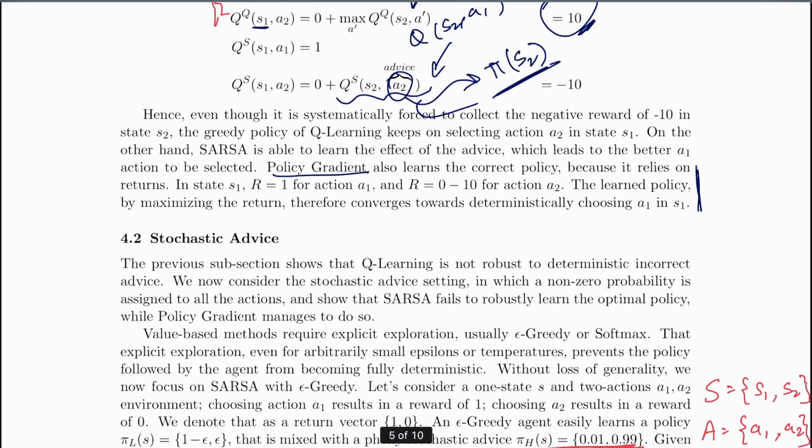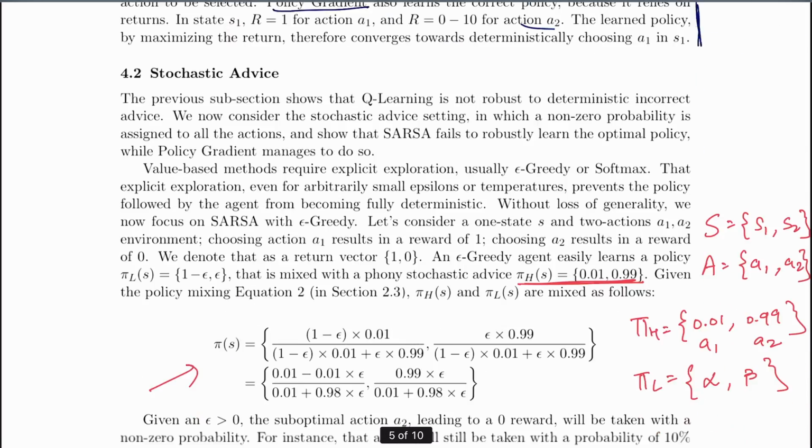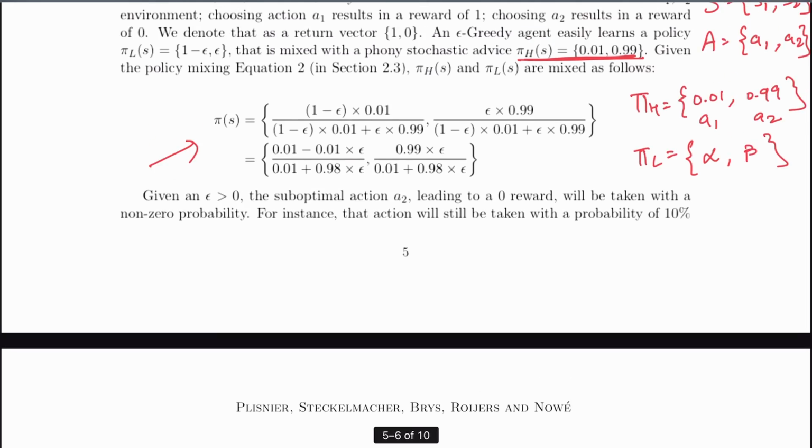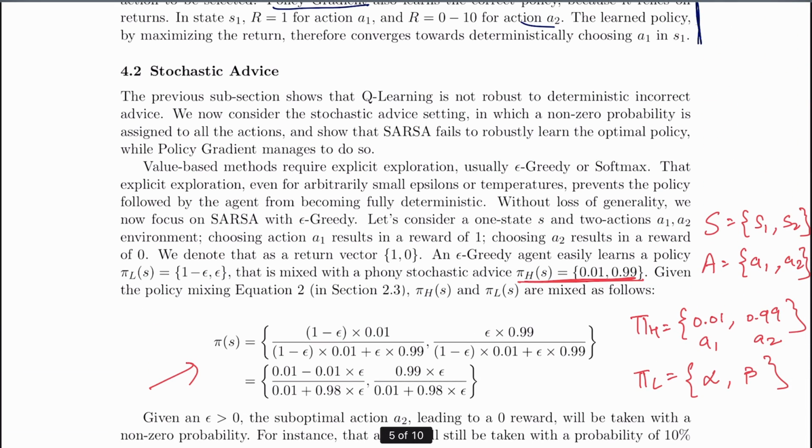I'm not sure if that's a bad thing, but they really talk about that since policy gradient is going to converge, it will converge on the right thing, which is this, and we'll directly use our pi function, a function of pi L and pi H, and it will yield us the best anyways, regardless of the kind of advice that you've given, whether it is correct advice or incorrect advice. A similar discussion happens in the case of stochastic advice, where